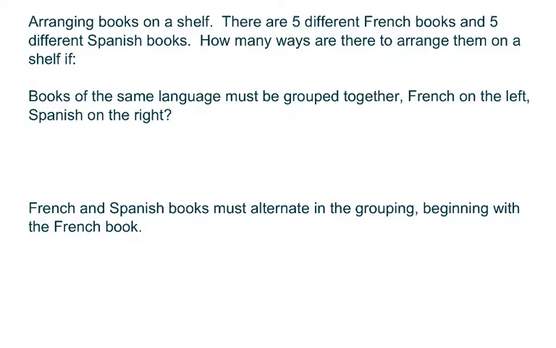Everyone, we're going to arrange books on a shelf, and we want to know how many ways there are to arrange them on a shelf, given that we have 5 different French books and 5 different Spanish books. So if books of the same language must be grouped together, French on the left and Spanish on the right, then the first way to do it is we're choosing 5